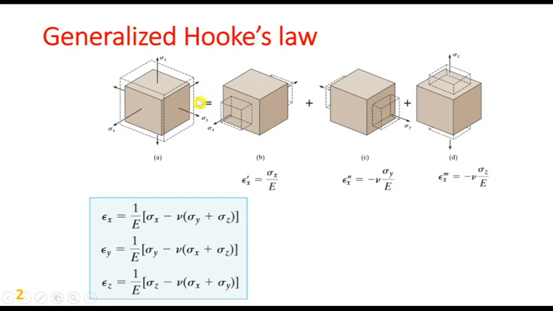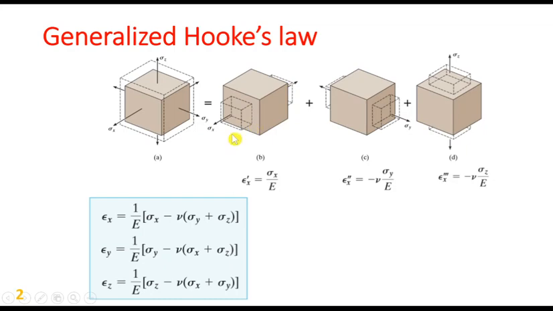if there is a cube on which triaxial stresses sigma x, sigma y, sigma z are being acted. As a result of sigma x, elongation will happen in this direction, and sigma y causes elongation only in this direction. Hence, due to sigma z, elongation is along the z axis. But if you look at this,